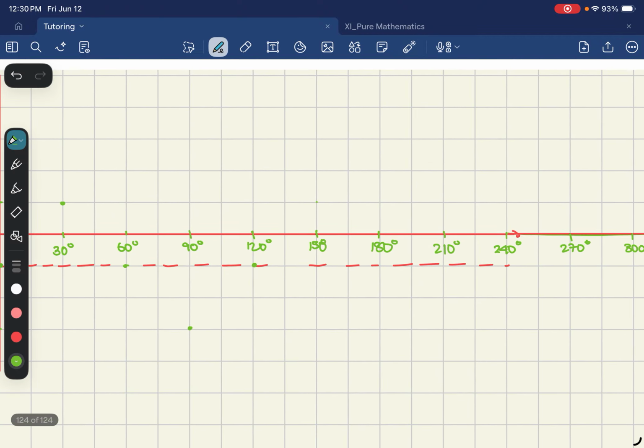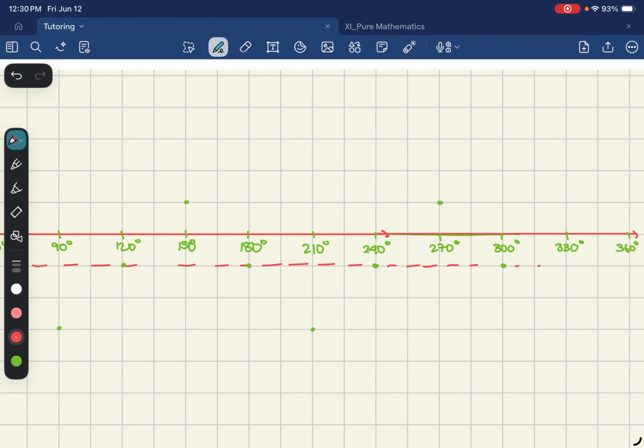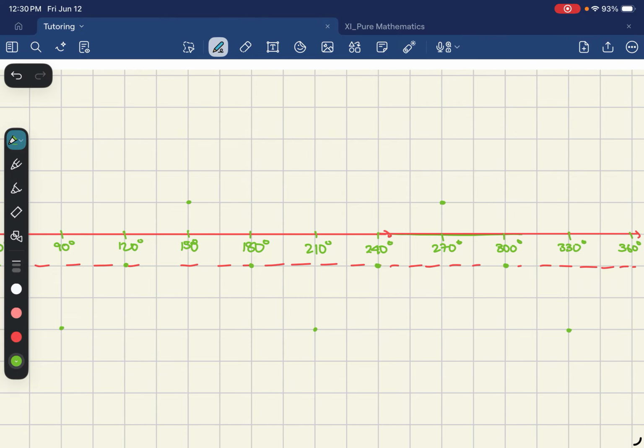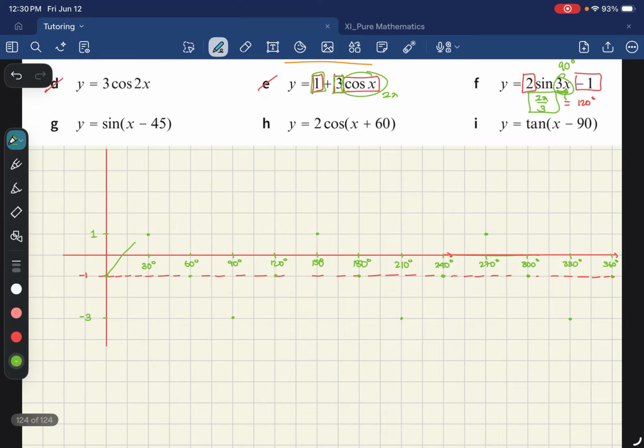So it's just going to go up again, come back down, go to its minimum point, come back to its principal axis, right? It's going to go up again, come back down to the principal axis, which is this one. Go back to its minimum point and return to its principal axis. So my curve